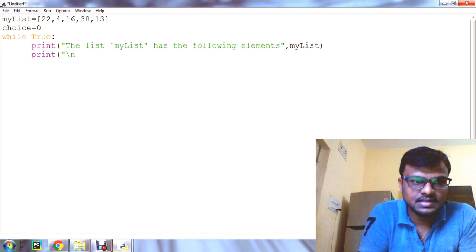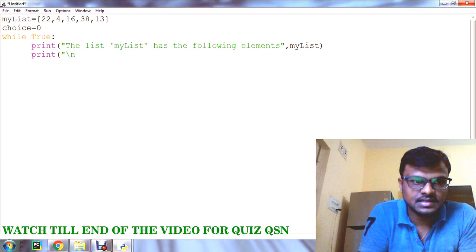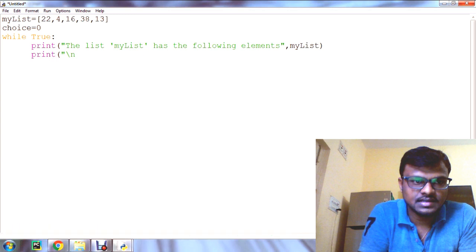After this, number 5, that is delete an existing element by its position.